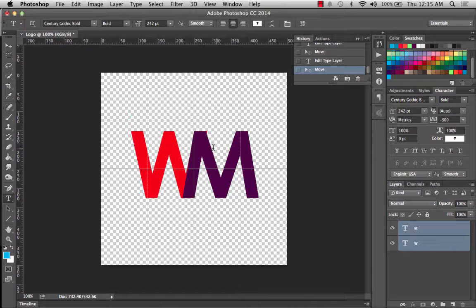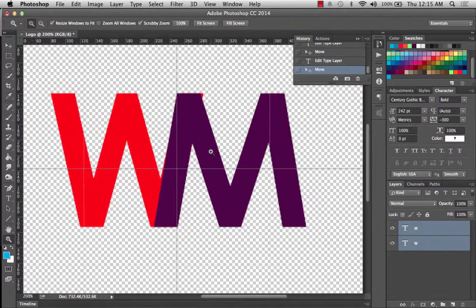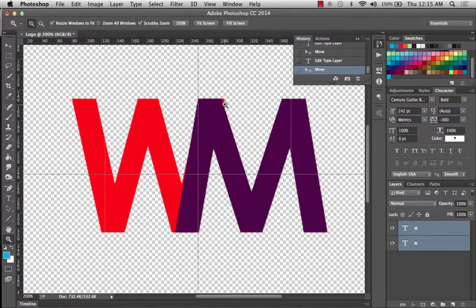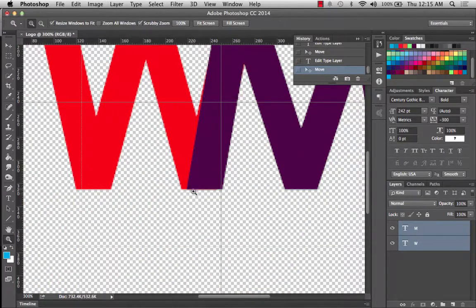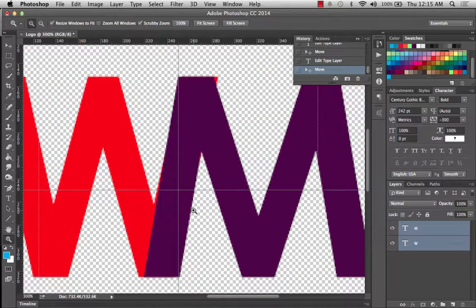Okay, so now we've experimented with this typography, and you'll notice if I blow it up, there's one tiny thing that I could do a little bit better. You'll see that in this top corner that I'm circling with my cursor, there's an overlap of red and purple, and then down here there's an overlap here. Well, what I want to do is probably make the base thicker, because these don't